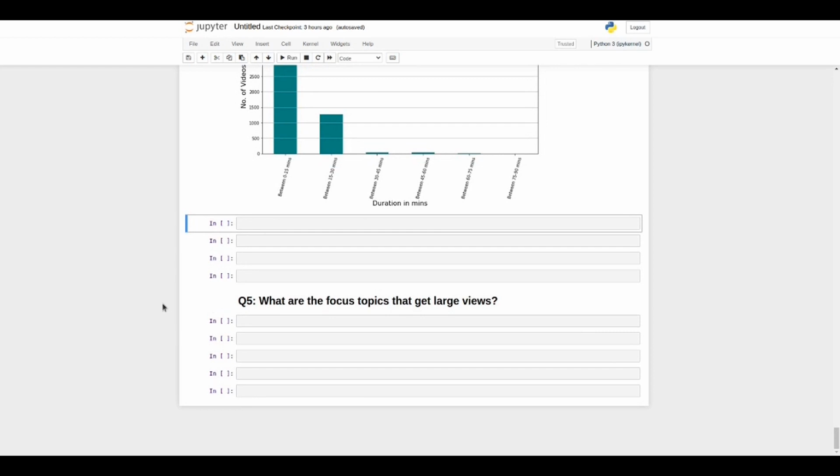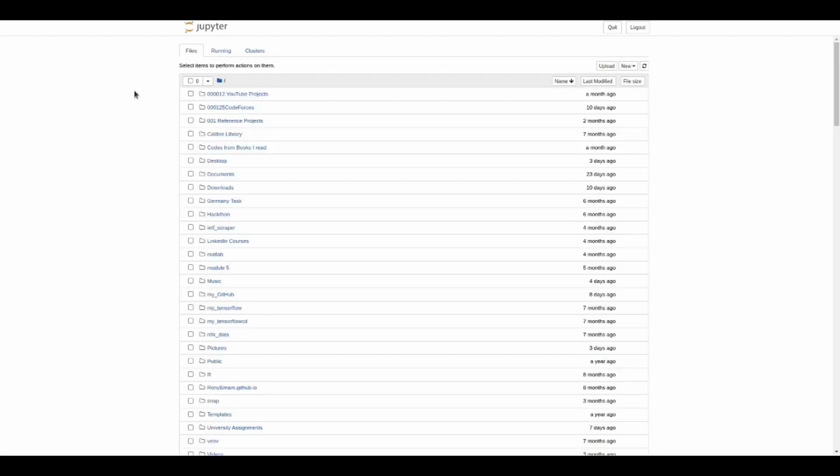The final question we have: what are the focus topics that get large views? And this one, as it says, we will focus only on two things. The first one will be the topics, and this question I will approach with a different technique, which is the WordCloud library. So basically, let's say we will have a downloaded photo, and we will start from this point. So let's see, for an example,